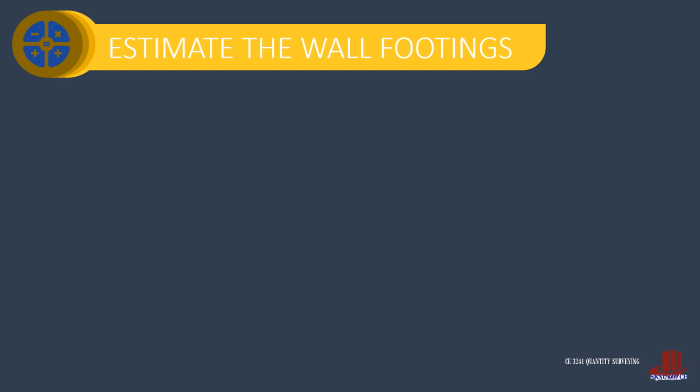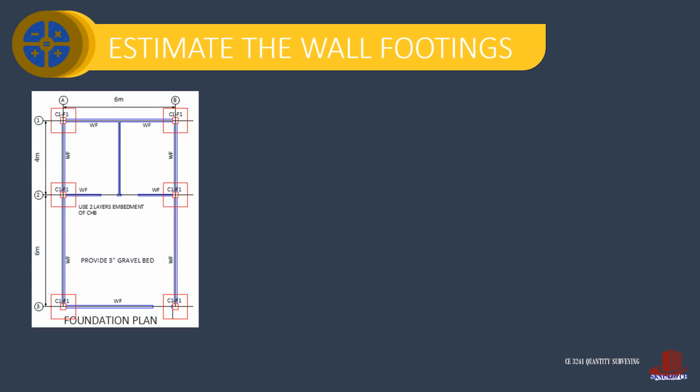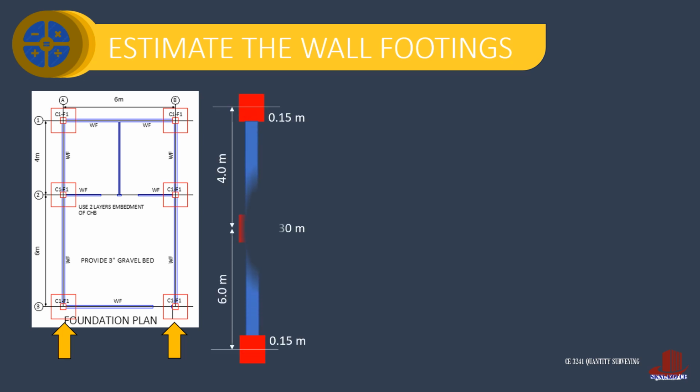Next are the wall footings. The foundation plan shows the wall footings of the structure. We compute the length starting with the two long lines under grids A and B. Note that the dimensions provided are taken on centers. So even when the full length is 6 plus 4 or 10 meters, we take the columns out of the